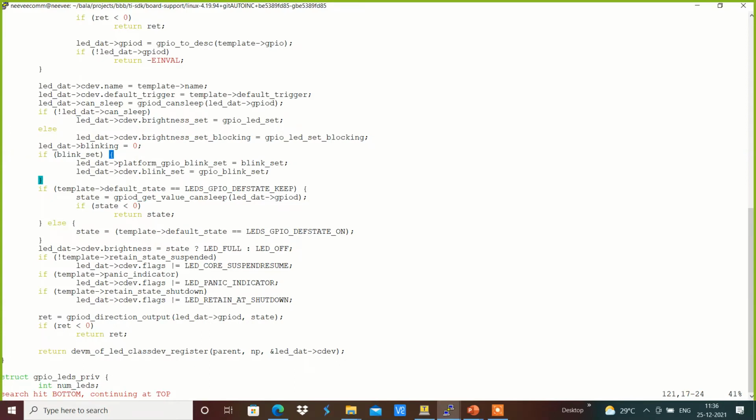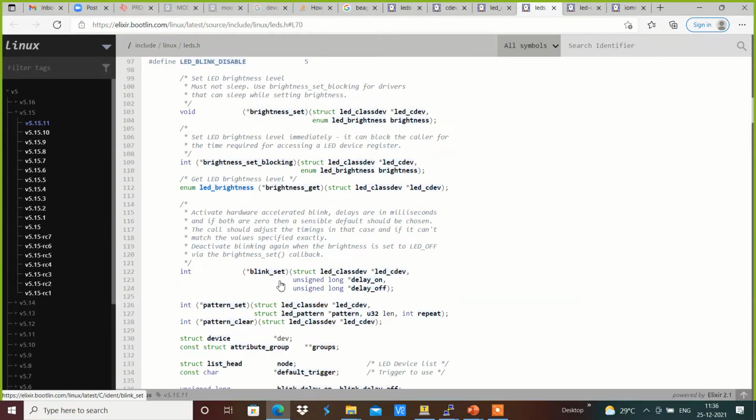We have something like a CDEV brightness that we are setting the value of over here, and based on that it will get that value accordingly over here.